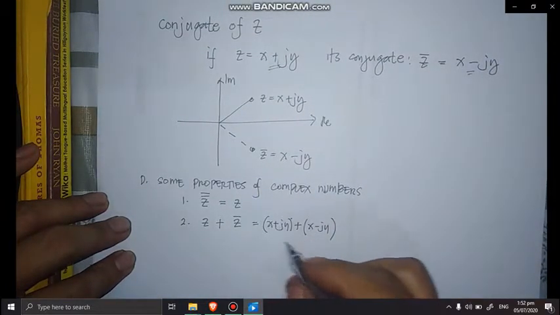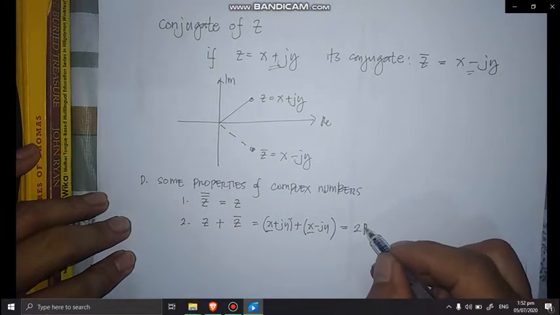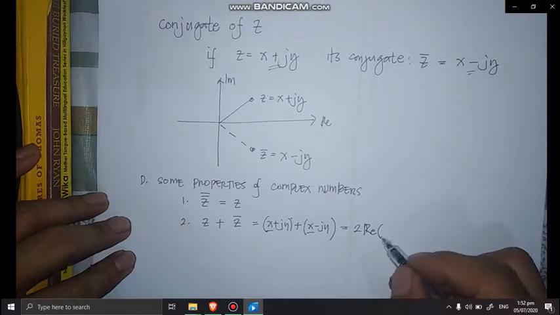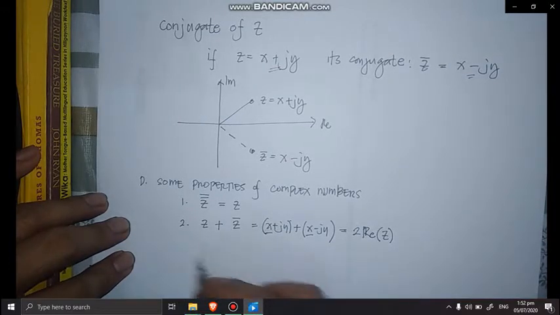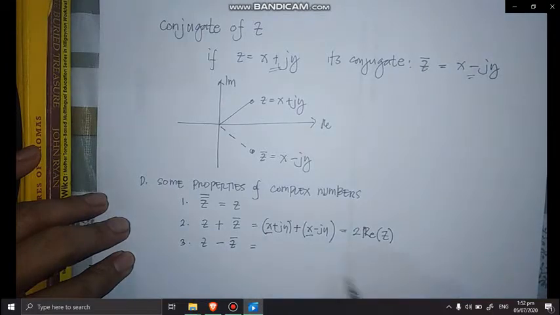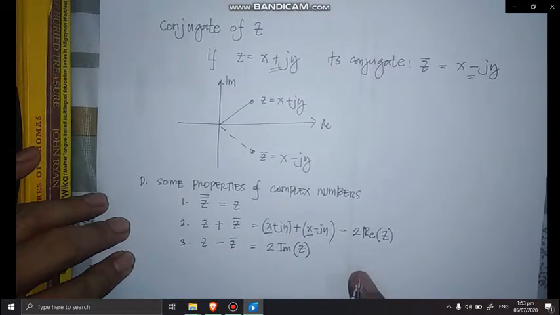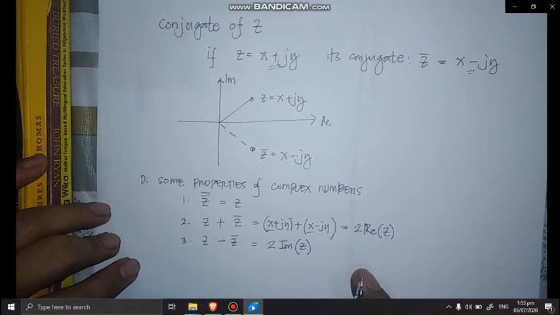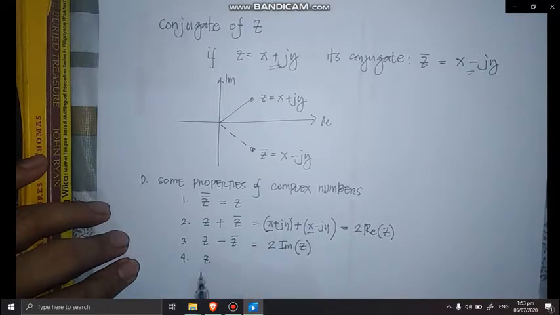What will be the result? The result will become 2x. 2x is actually 2 times the real value of your z. Now, if you add z to its conjugate, the result will be equal to twice the real value of z. Now, what if we subtract the conjugate of z from your complex number z? The result will be twice the imaginary value of z. For example, for number 4,